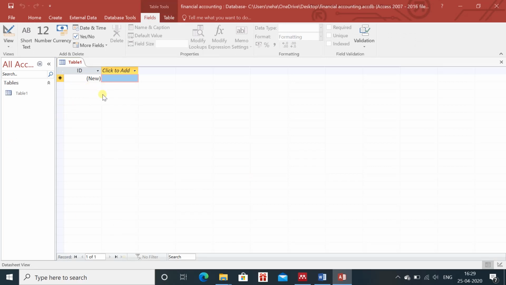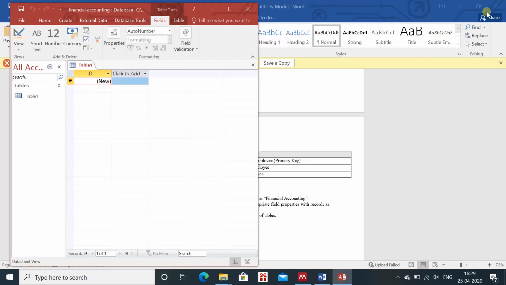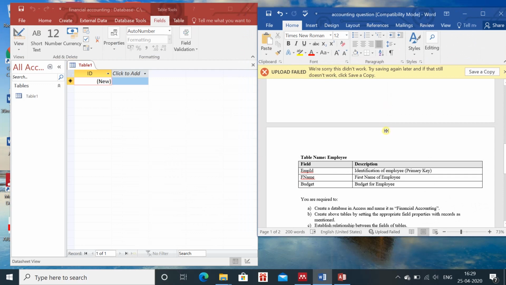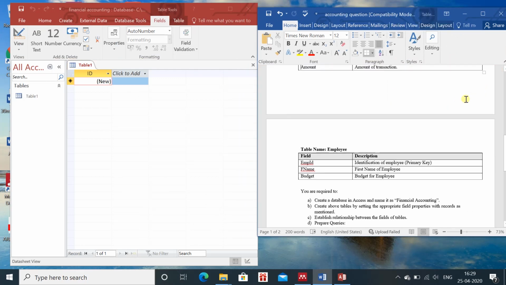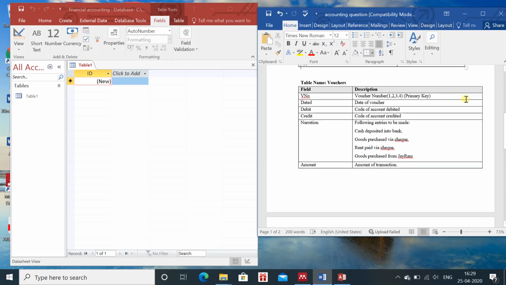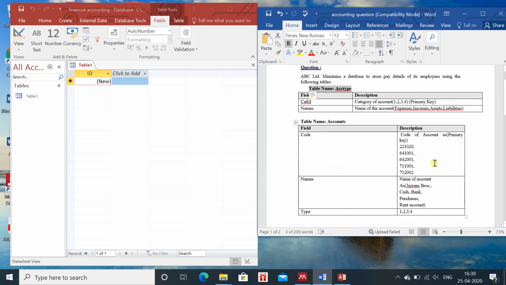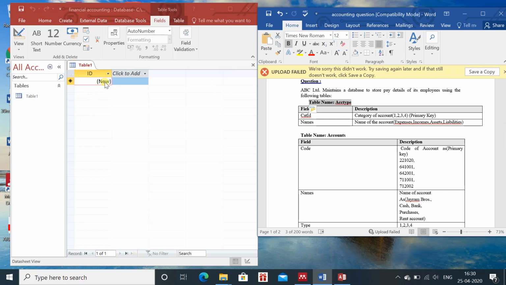Now this is the first table. So in this case we will study the table. This is the first table which we are required to create. In this table you can see that the table name is account type.